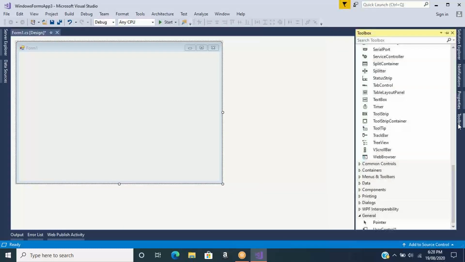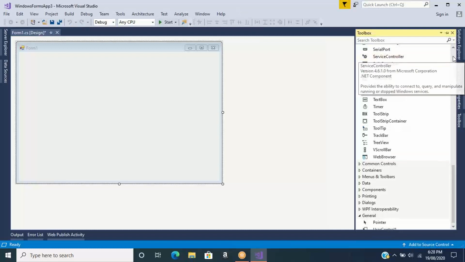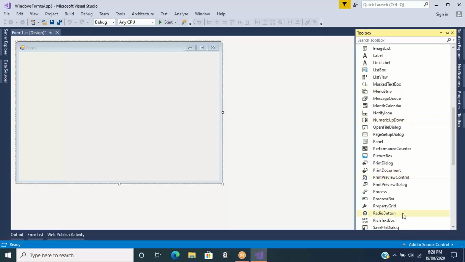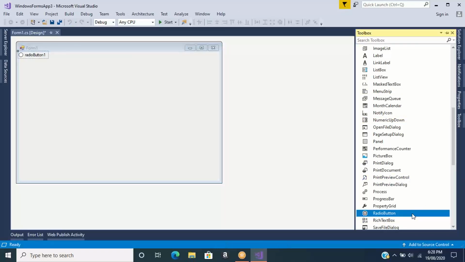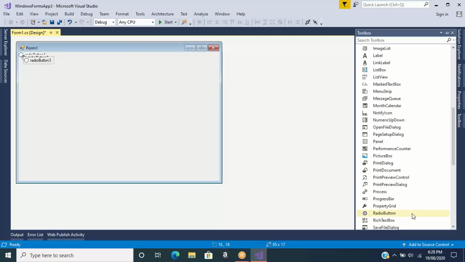Toolbox. This is one radio button. This is second. This is third. This is fourth. 5, 6. Now I have altogether 6 radio buttons. What I'll do